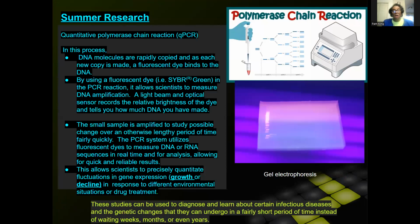summer research. Basically, they did a lot of research using qPCR, which is polymerase chain reaction. They looked at DNA molecules and how they were copied over a short period of time. They attached fluorescent dyes to the molecules so they could see the changes in effect of different stimuli on them. For example,